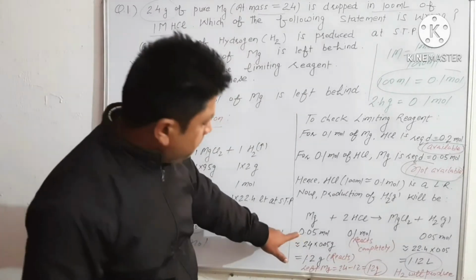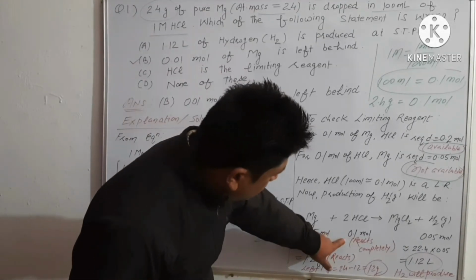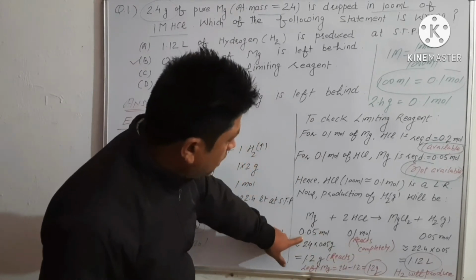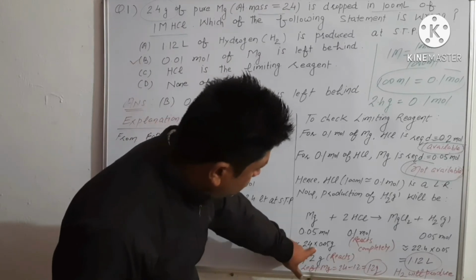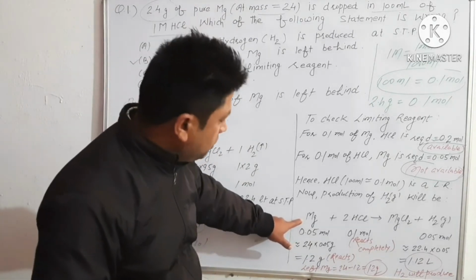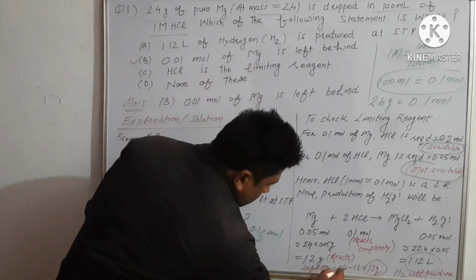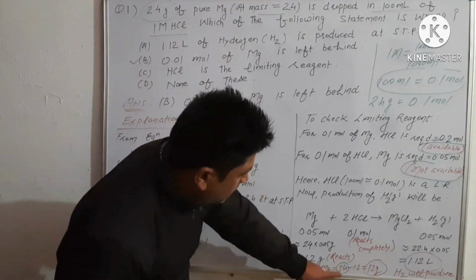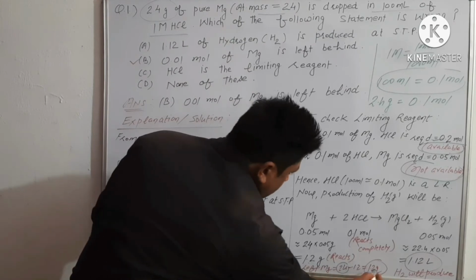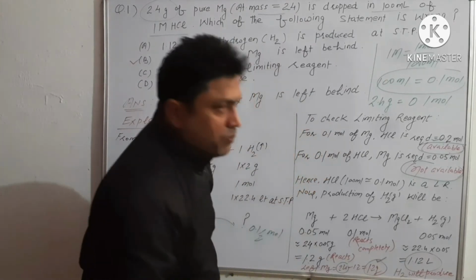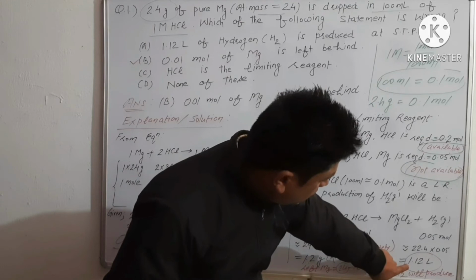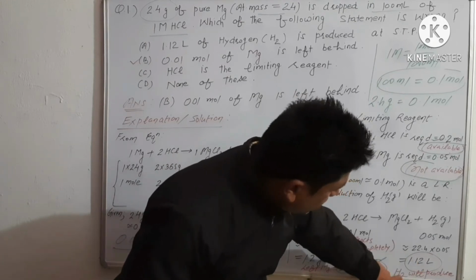We are writing this equation again. This mole of HCl is completely reacting, and according to this, magnesium will be half. Half a mole is equivalent to 24 into 0.05, that is 1.2 gram of magnesium reacting in this reaction. The actual amount of magnesium given is 2.4 gram; subtract the amount that reacts. So this amount of magnesium does not react or get consumed in the reaction. On the other side, 1.12 liter of hydrogen will be produced.